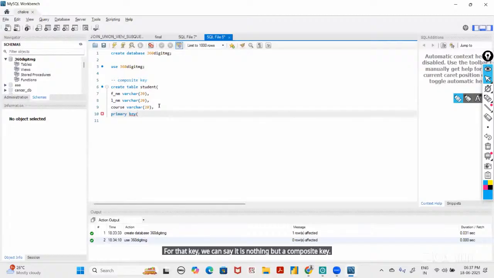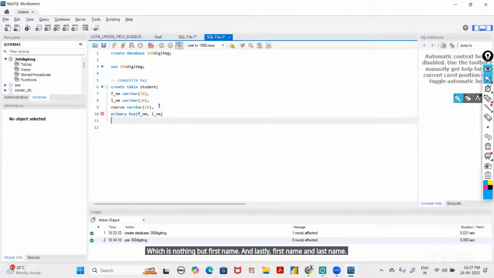As of now, I'm going to assign a primary key for two features, which is first name and last name. First name and last name. And I'm just going to close this table. Once I create this table,